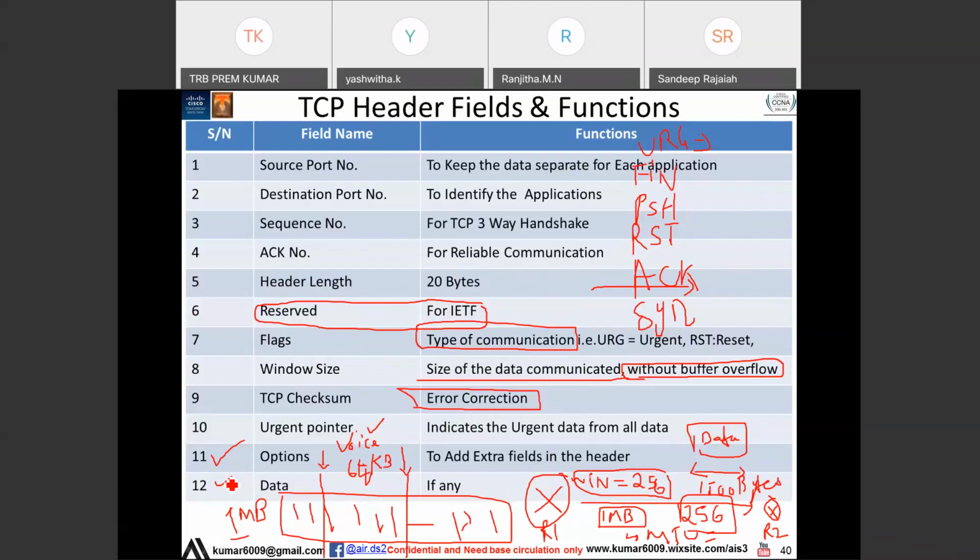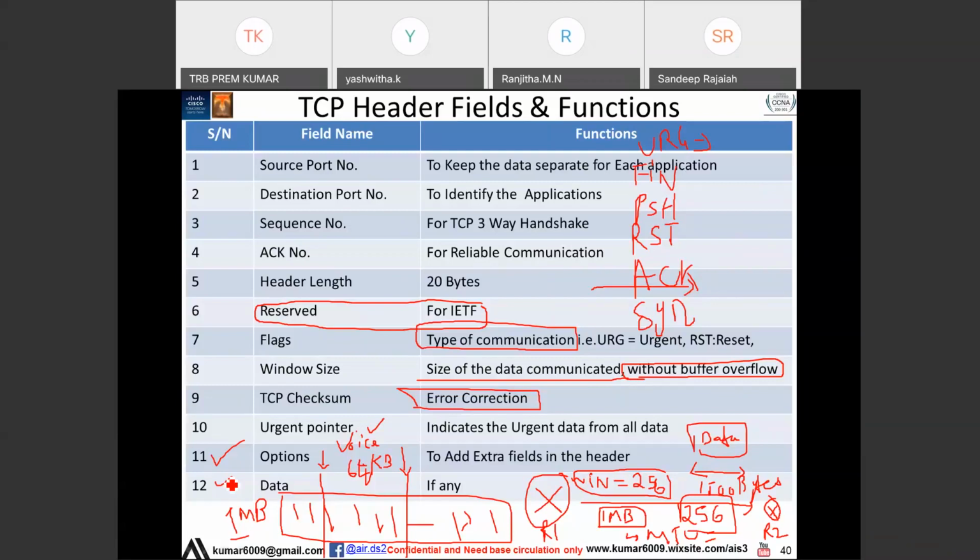A simple example: when you are sending an email, a high importance flag will come. You've seen that important flag. It means it is a very important mail, so this tells the reader to read this mail first. The application is using this urgent field. So it depends on the application how to use this field.